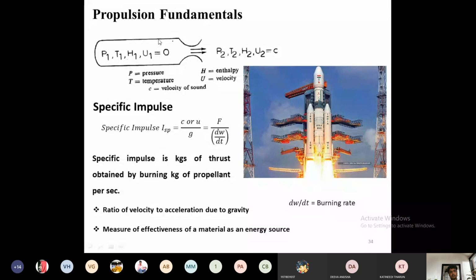Okay, now in this figure you can see that the propulsion system or the propellant system is at rest at P1, T1 and H1. What does that mean? These variables: P1 means the pressure when the rocket propulsion is at rest, and T1 is the temperature of that propulsion system when it is at rest, H1 is the enthalpy, and U1 is the velocity. When the propulsion system is at rest, the velocity we can consider as 0. Okay, how can these variables P, T, H, U